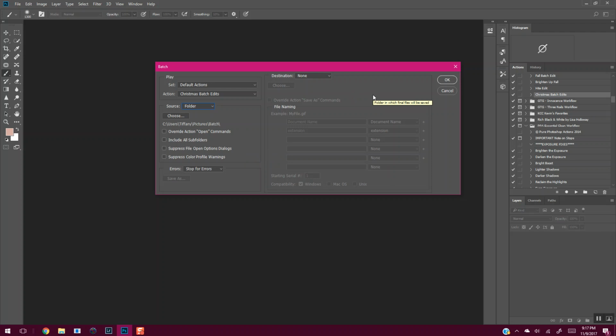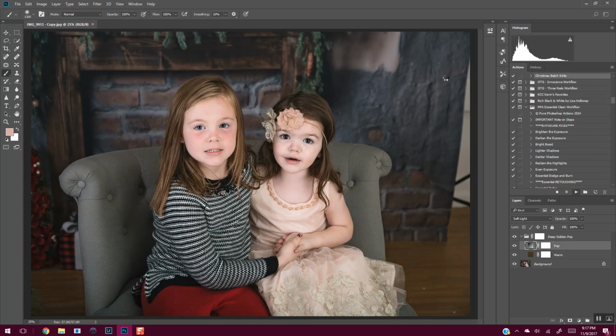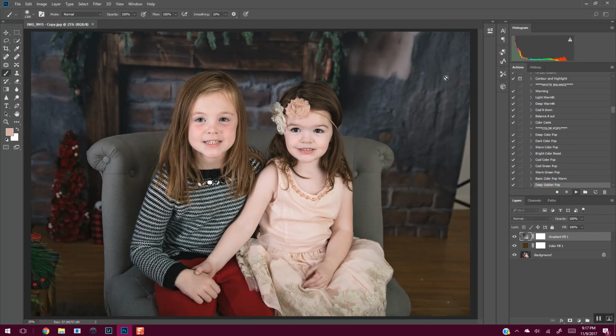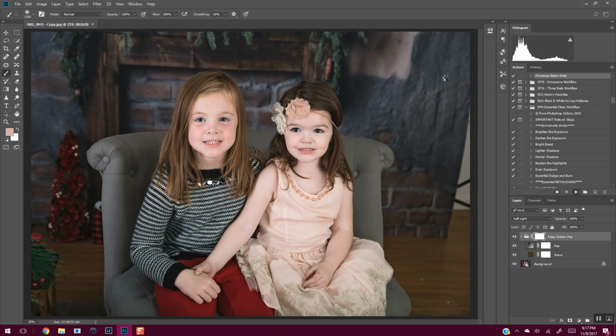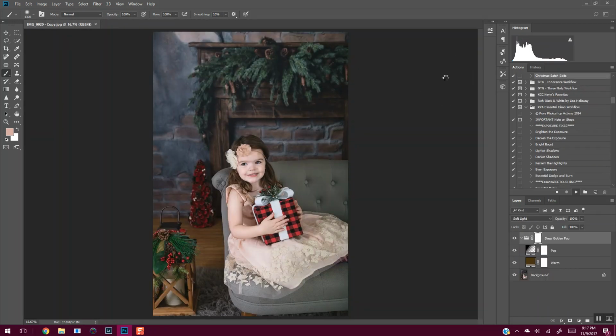As you get more familiar with batch editing, you'll figure out what that means and how you want that to go. So from here, I just hit OK, take my hands off my mouse, and I literally can walk away from my computer at this point because it's going to edit, flatten it, save it, close it, and move on to the next image. So this is great because